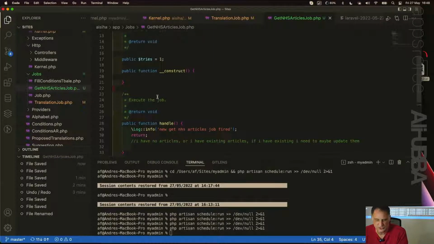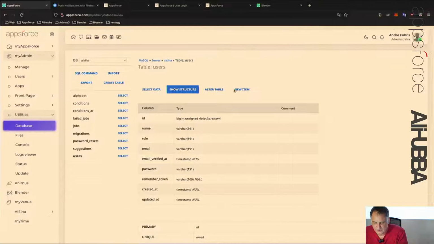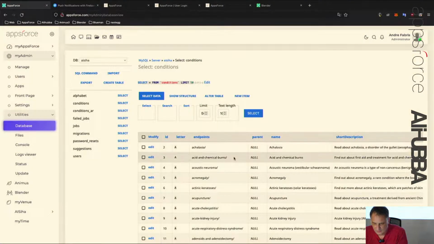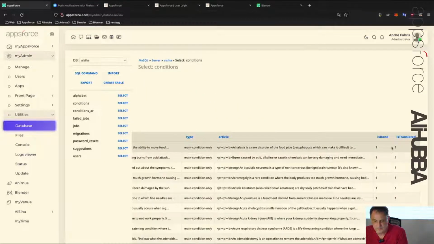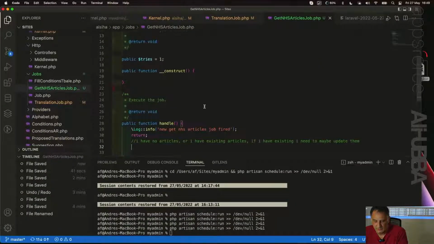Okay, the only function I need is handle. Typically, in these conditions, you see this first one: is it done? Yes. Is it translated? Yes. These two flags were used to find how far we got inside this table. So we were looking for something like a temporary article